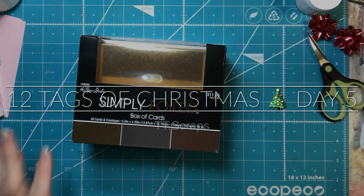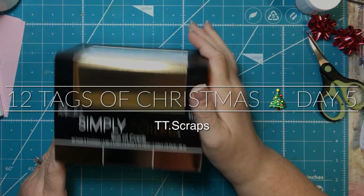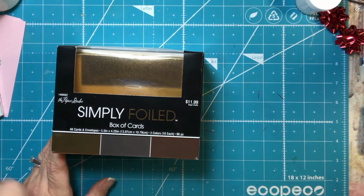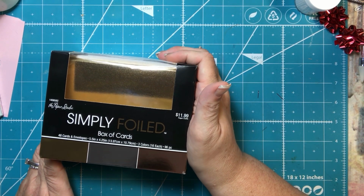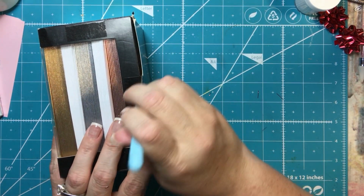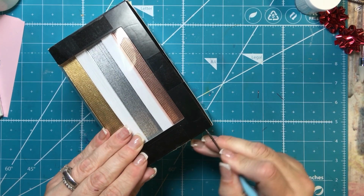Hi everyone, it's Tammy, and this I believe is day 5 of my 12 tags of Christmas. Normally I do one and then I show you guys what I've done and then I make the second one. But I think that this one's going to be very easy, so I'm just going to do them both together. And I have this box of cards that I got from Hobby Lobby, and you can find them for